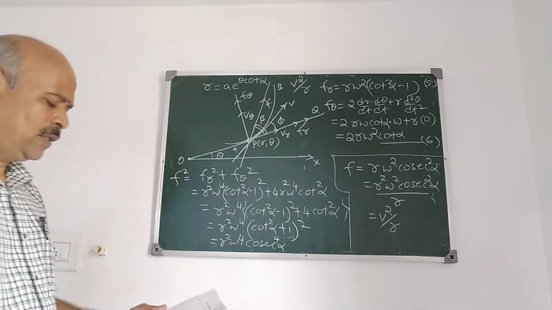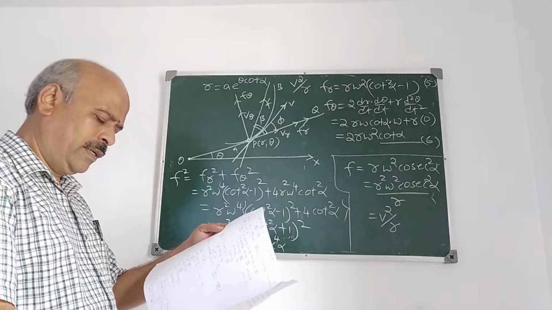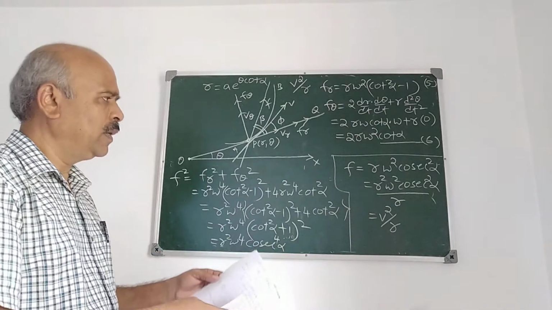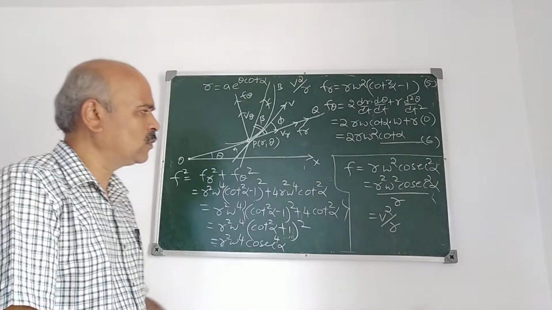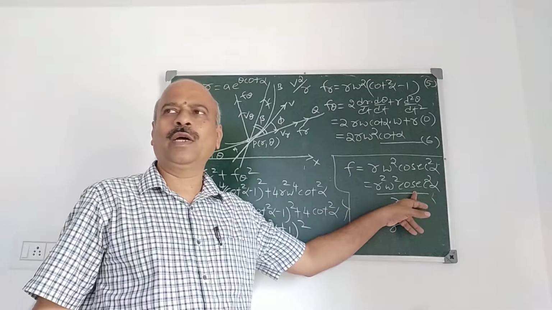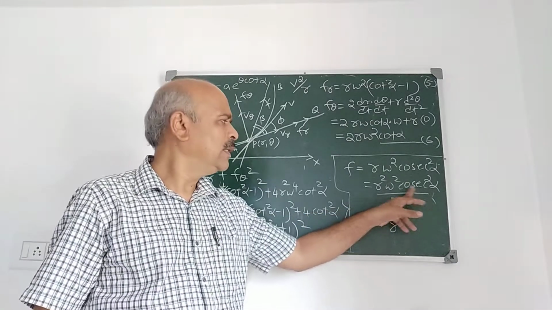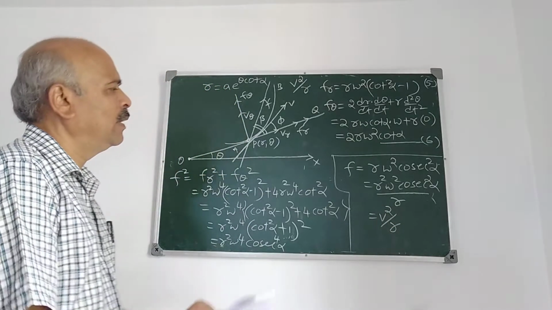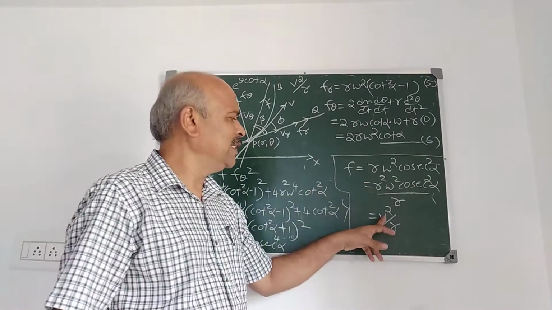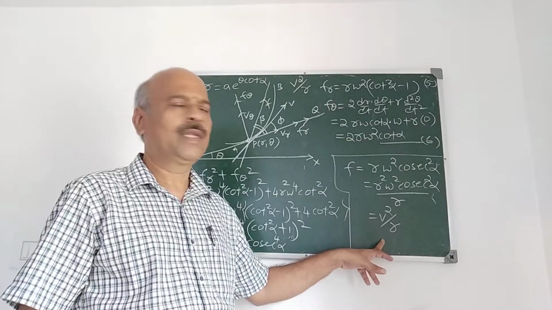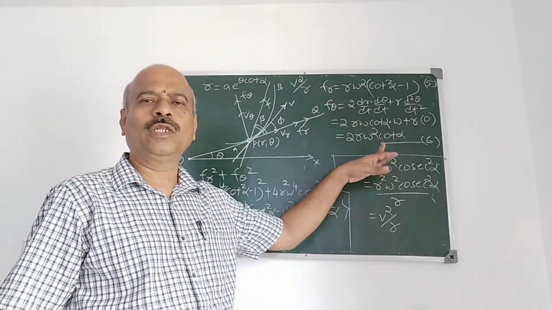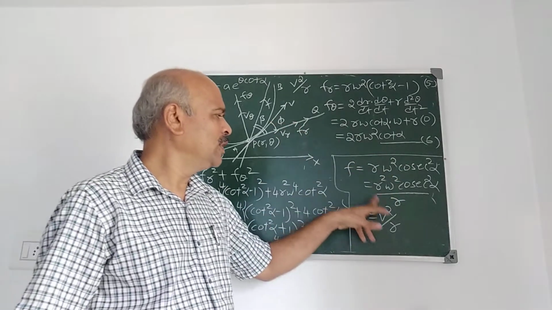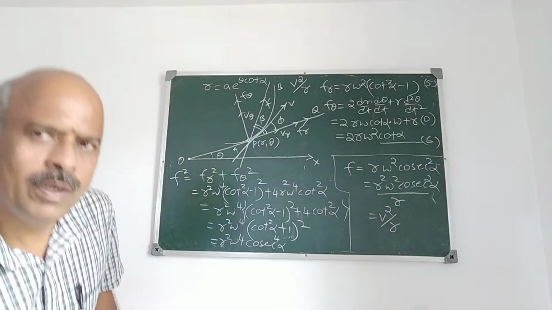Because refer to this. What is v? We have obtained it. Refer to the fourth one. V square is r square omega square cosec square alpha. Am I correct? Refer to that. V square upon r. So the first part is, acceleration is v square by r. I think that you followed the proof or solution of this problem. F is v square by r. First part. One more part is that.